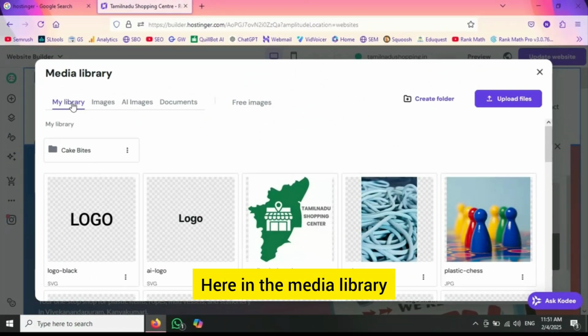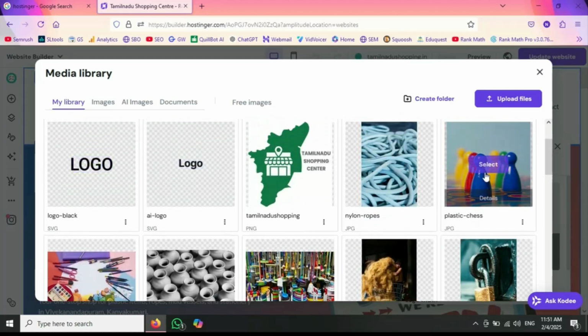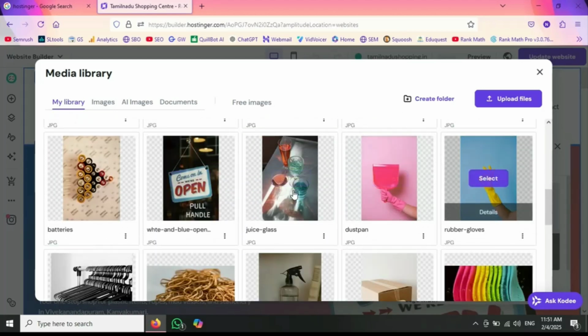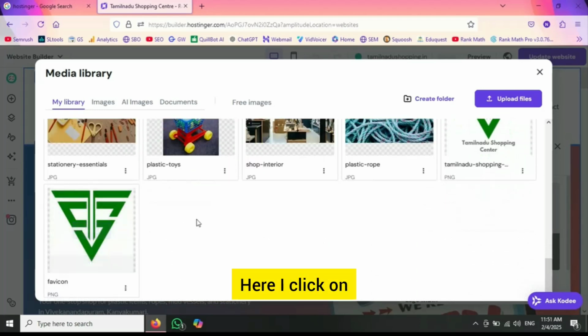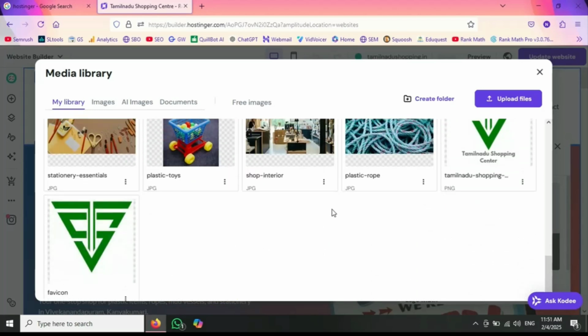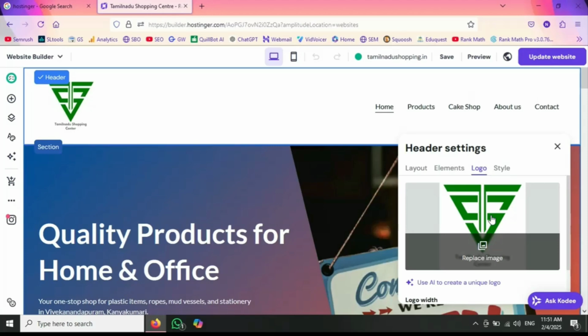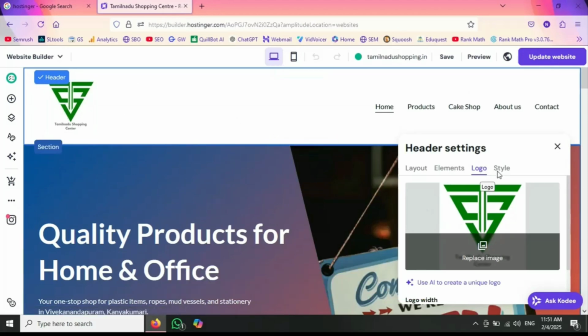Here in the media library you can change the logo. Here I click on this image and select. Now the logo has been changed and I scroll down